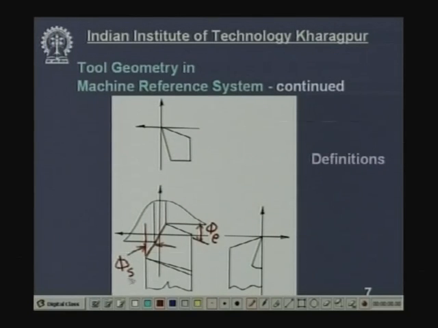So, what is the definition of approach angle? This cutting angle, angle of inclination of the main cutting edge from machine transverse plane parallel to this plane. And what is phi e? End cutting edge angle, angle of inclination of the auxiliary or end cutting edge from this plane, that is pi x plane, and this is called end cutting edge angle. And deliberately this nose is radiused instead of leaving it very sharp, then it will be very weak. This rounding strengthens the cutting point and also improves the surface finish, with the radius of curvature. So, this radius of curvature is denoted by r.